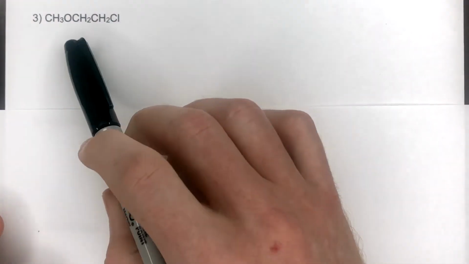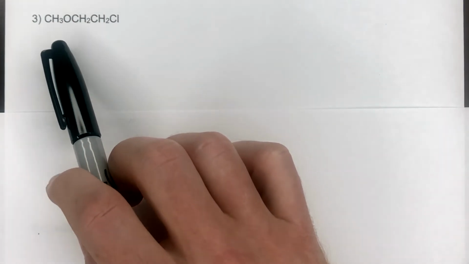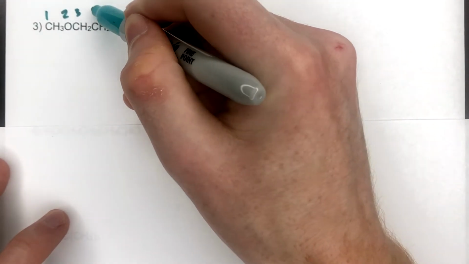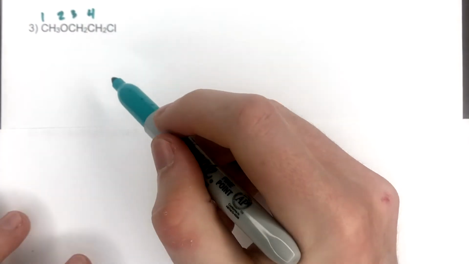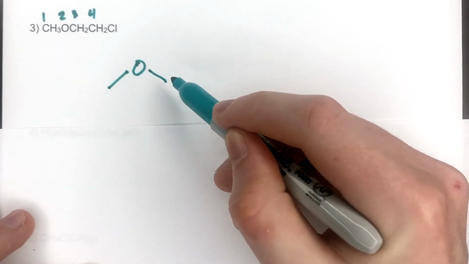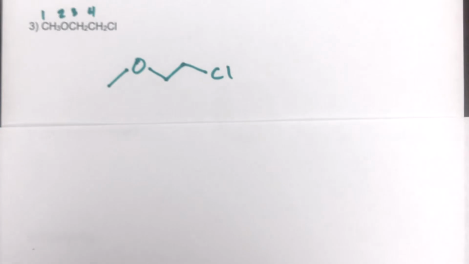Okay, here once again we should look at what's our longest chain going on here. So this oxygen is different than the previous one because the carbon that precedes it and that is after it both have hydrogens bound there. So that means that the oxygen is essentially a part of the chain. Okay, so let's look at that. So we have a methyl group, then the oxygen that's part of the chain, then a CH2 group, and a chlorine. Okay, this is going to be our structure